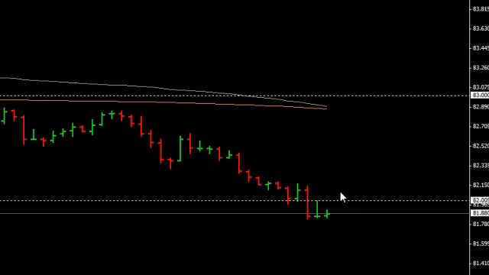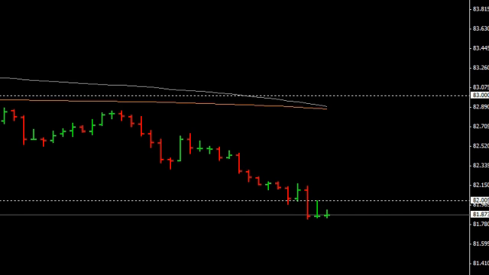This is the 82 level, which you can see here. These are 1 hour bars as opposed to the daily bars. You can see this is where price broke through, and we've had this little bar here which pulled back exactly to the 82 level. So I'm going to put my stop just above that level. If price comes back to here, 82.06, I'm out of the trade, full stop,